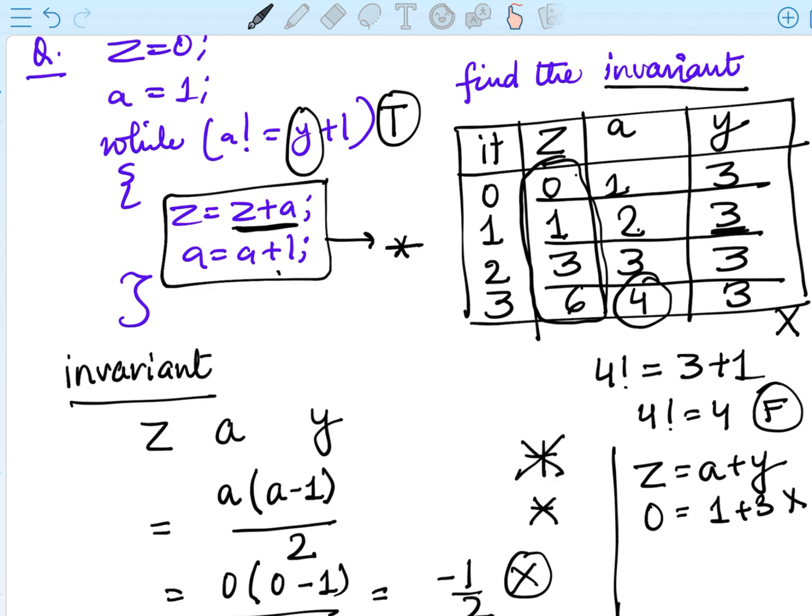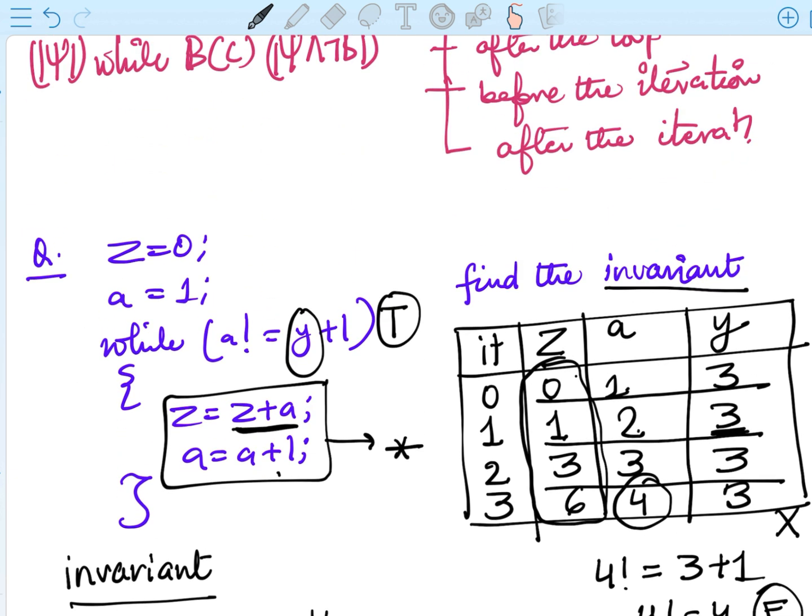Am I making sense? And with this, we have completed our first lecture on deductive